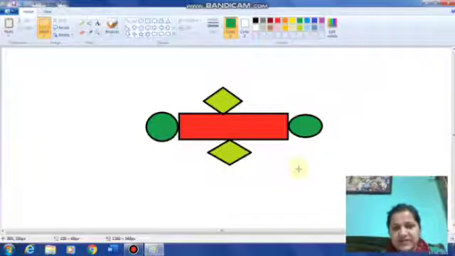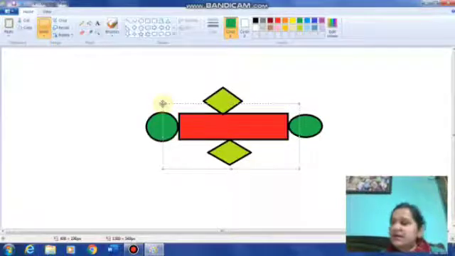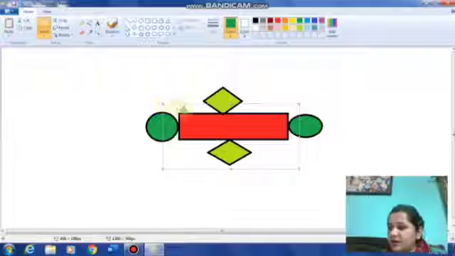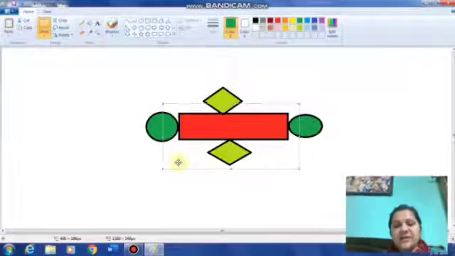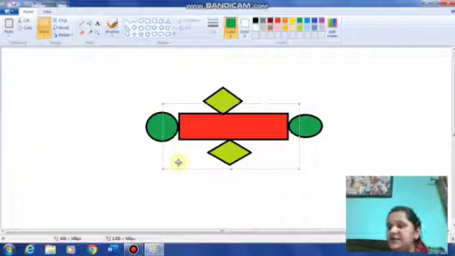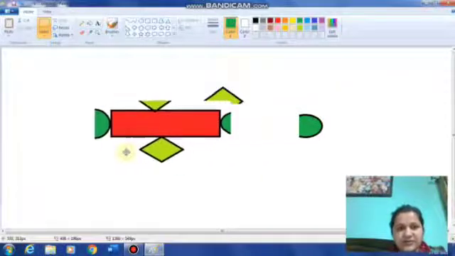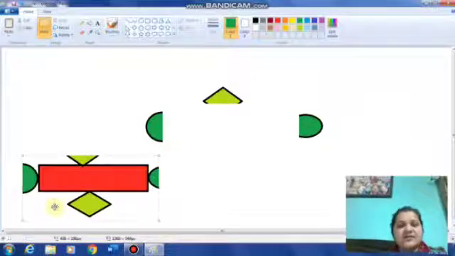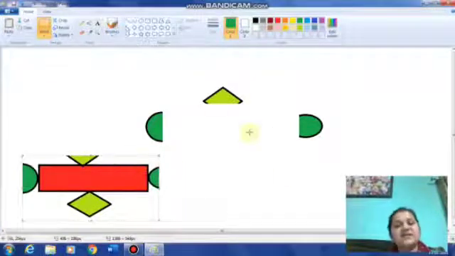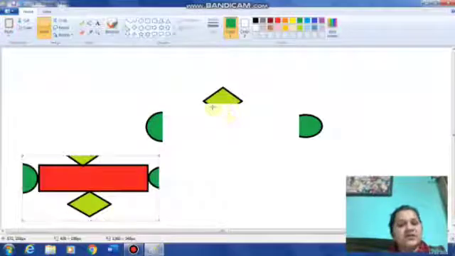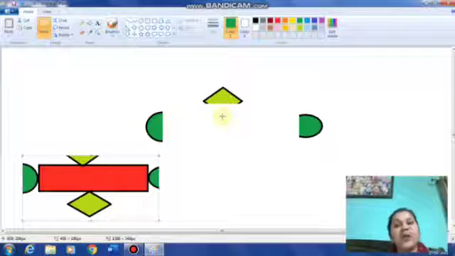Suppose I want to select this much part, and I want to cut it. Now this selected part is indicated with the help of these dotted lines. Now keep the mouse pointer within the area which is selected. Now drag it somewhere else. See, this is how this much part is cut or moved from this picture with the help of the rectangular selection tool. The rectangular selection tool helps you to select the part of a drawing in square form.